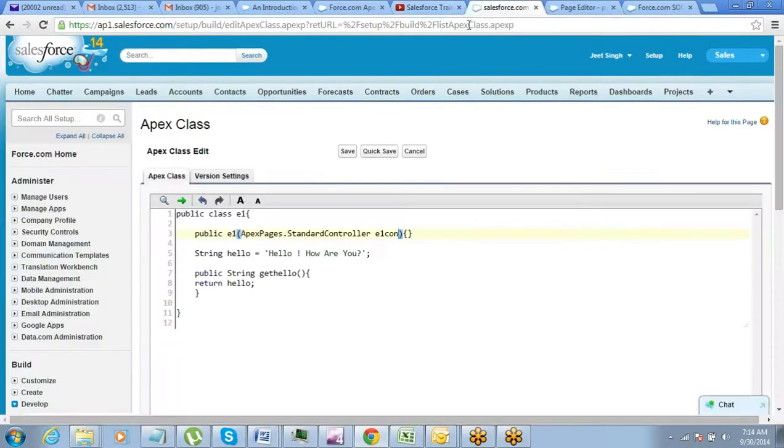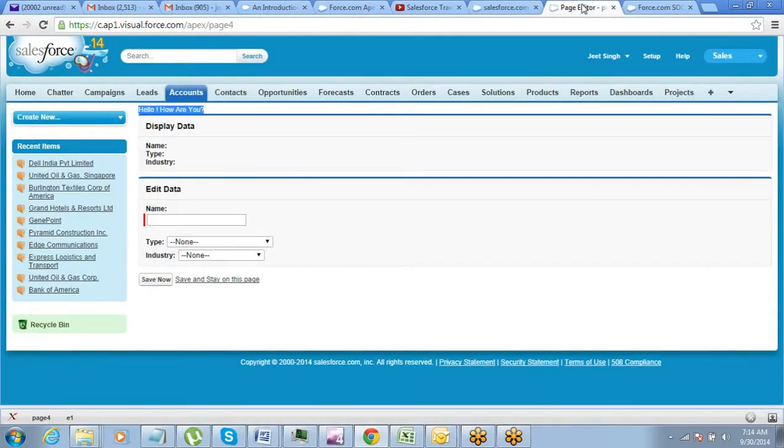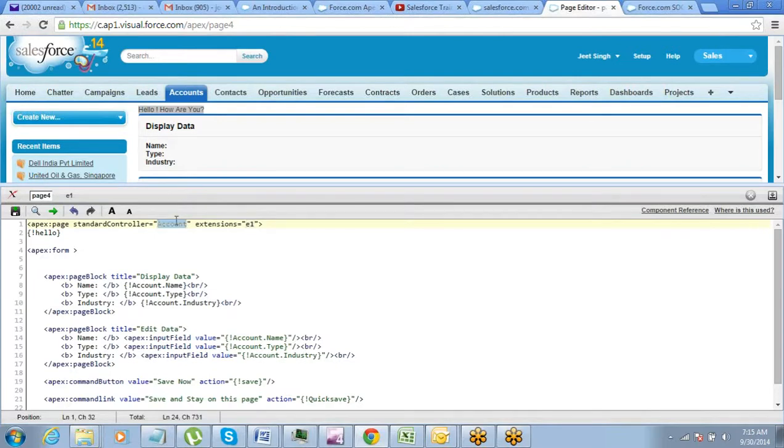Right, so instead of this method you could have used any other method, your page reference method and all that stuff. So now the advantage that you get with an extension is this: a standard controller is connected to one object only. That's clearly defined here. It's connected to account. I was just talking to you regarding an example of creating a contact, a small contact creating page kind of a thing on the detail page of one record.